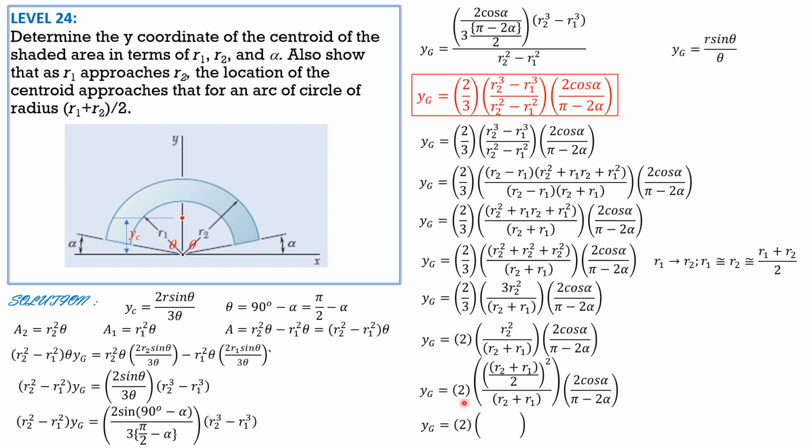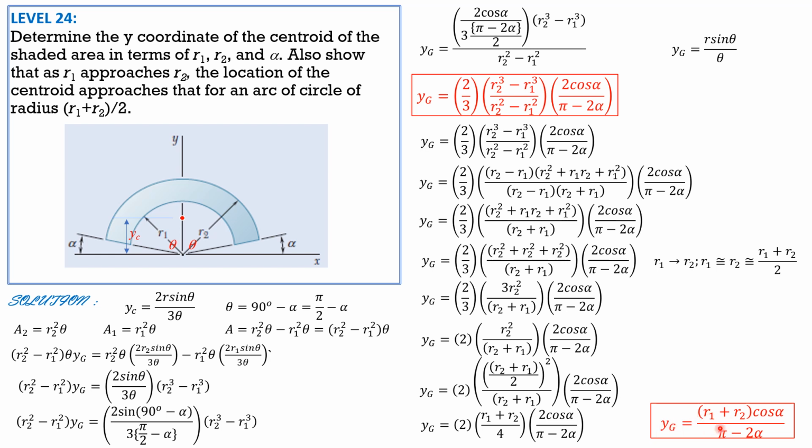So yg is 2 quantity r1 plus r2 over 4, then quantity 2 cosine alpha over pi minus 2 alpha. Finally, we can cancel 4 and write yg equals r1 plus r2 times quantity cosine alpha divided by pi minus 2 alpha. So that's the value of yg, and let us show that this is also the